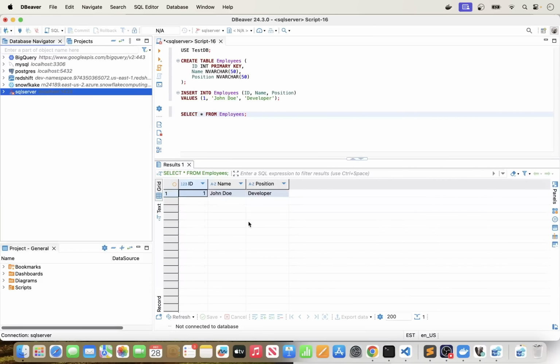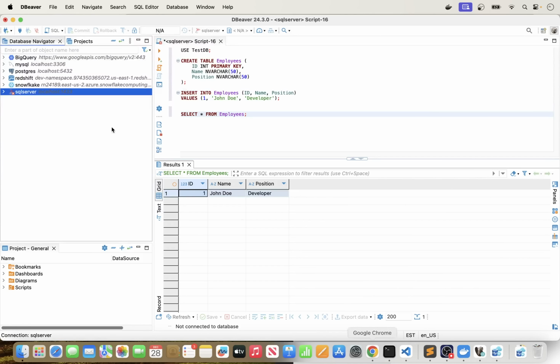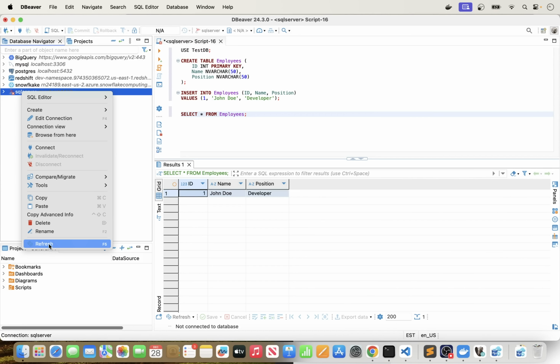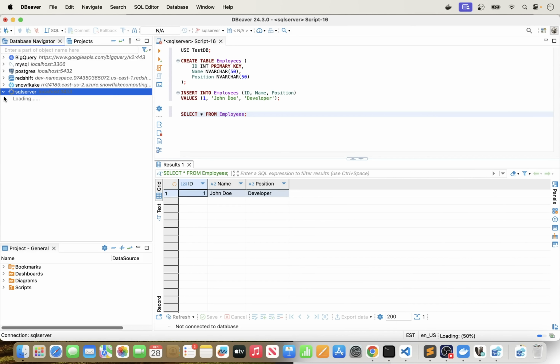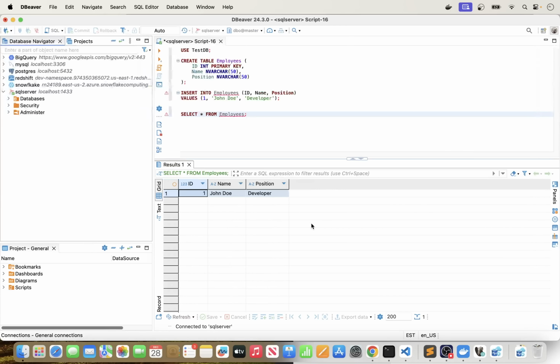1433. And if we go back to our container here, it's now actively running, and I believe if you come back here now and refresh this, we should be able to connect. There we go. Alright guys, so that is how you install SQL Server and get it up and running